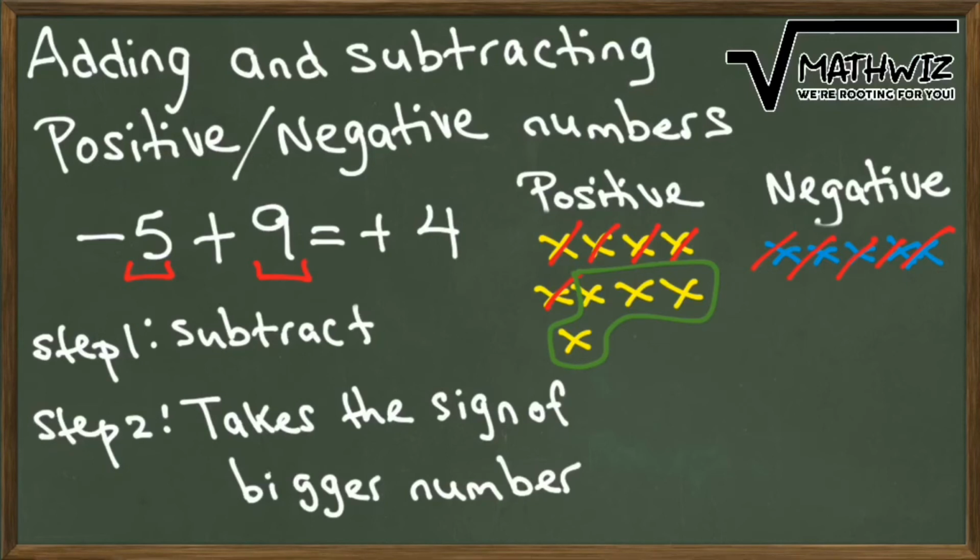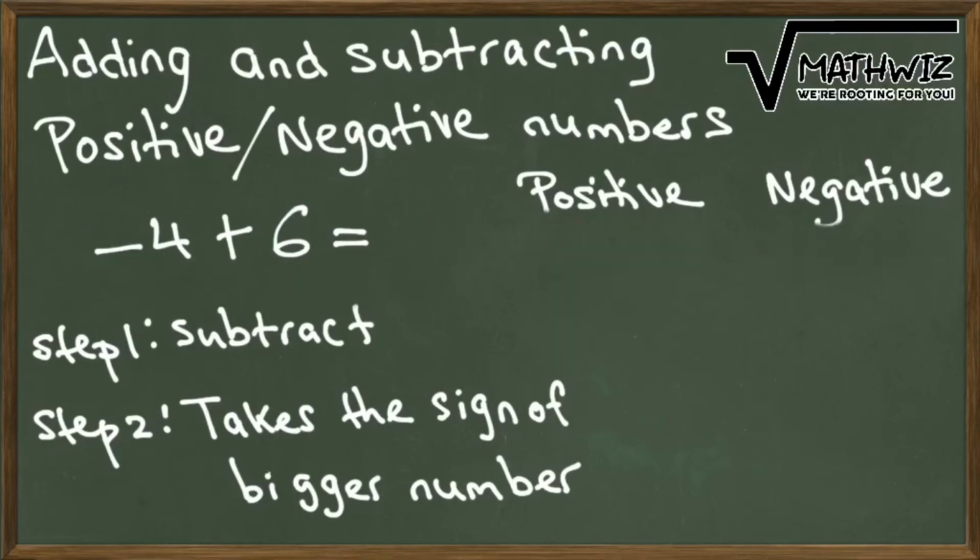Okay, I'm going to go ahead with one more example, then I'll give you one to try, and then that will be it for adding and subtracting our positive and negative numbers. Okay, so for our next example, let's say you have -4 plus 6. We have a mixture of positive and negative. So we want to go ahead and subtract. Then you want to look at the numbers, and whichever one is bigger. In this case, the 6 is bigger, and so the overall sign is going to take that of the 6,